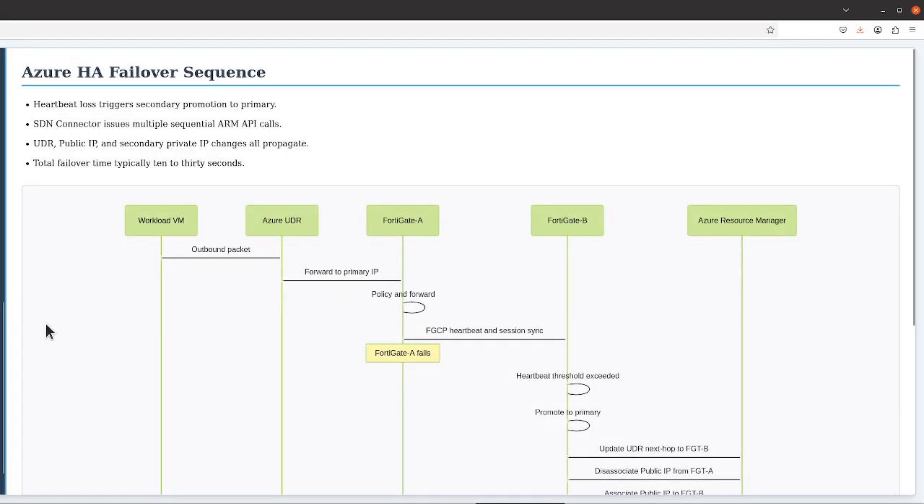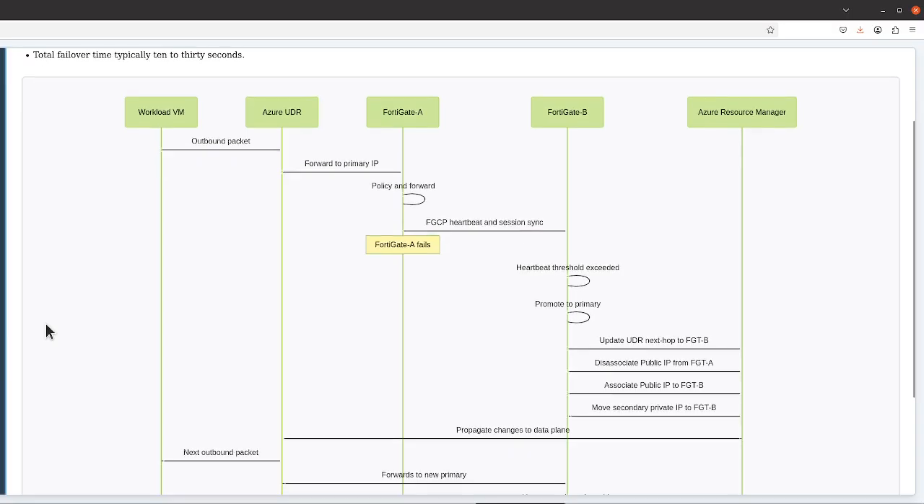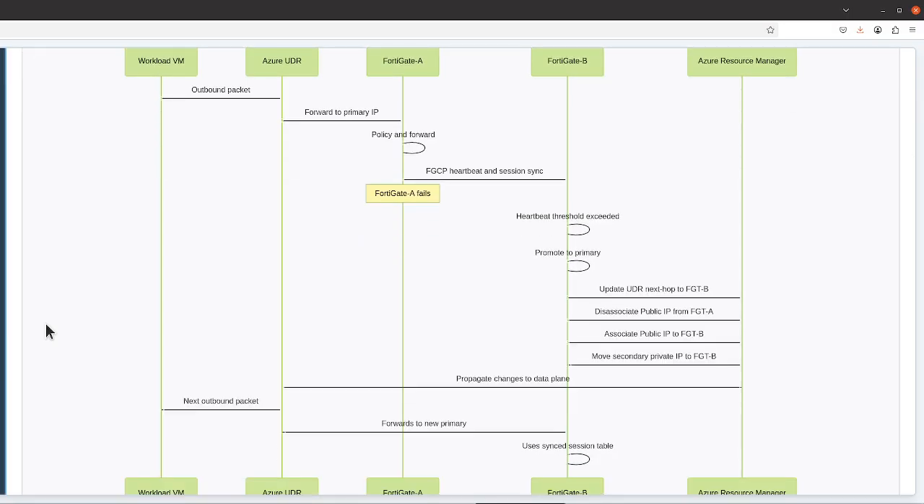Azure HA failover sequence. Let me walk through the complete Azure failover sequence to tie all the concepts together. This is the end-to-end view of what happens when the primary Fortigate fails in an SDN connector HA deployment. Let me walk through this sequence diagram. The participants are the workload virtual machine representing an application instance, the Azure UDR representing the route table controlling workload egress, Fortigate A as the initial primary, Fortigate B as the initial secondary, and Azure Resource Manager as the cloud